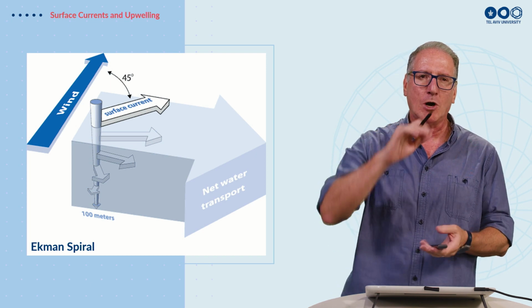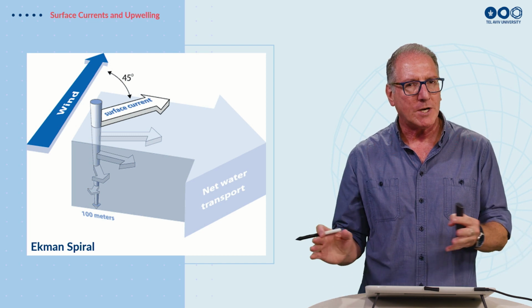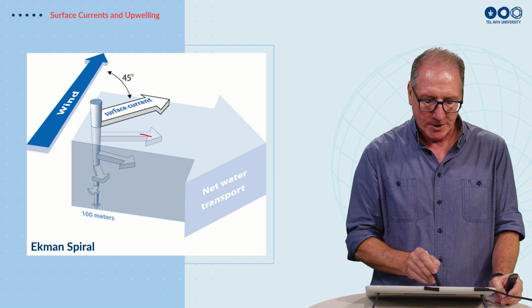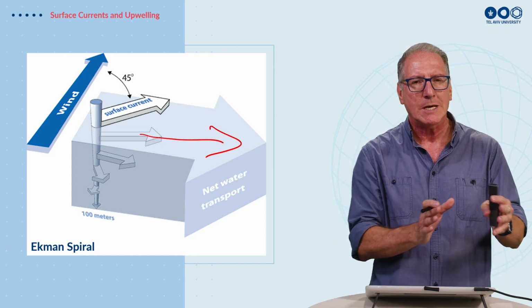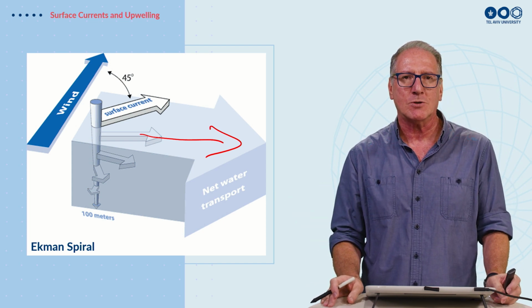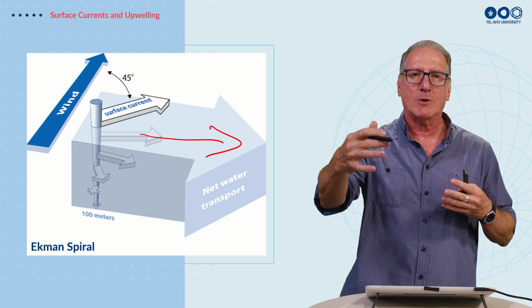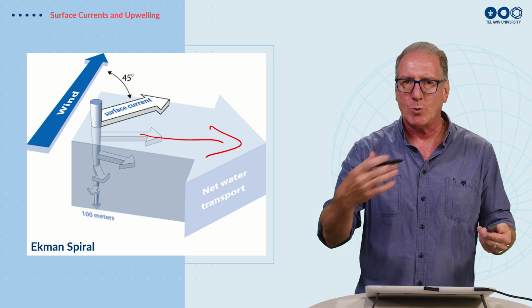And if we take this whole column of water, say 100 meters, and we see what direction that column of water is moving, we get this big arrow over here, which we call the Ekman transport, where the whole column of water is being moved to the right, 90 degrees to the right of the direction of the wind at the surface. So this occurs if the winds are blowing over long distances and in the same direction for a long time, for days, for weeks.